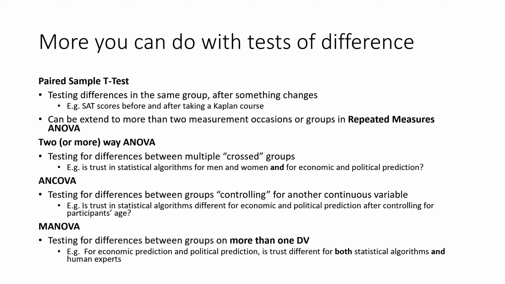ANOVA. Two-way ANOVA is the testing for differences between multiple crossed groups. So, for example, you might say, is trust in statistical algorithms different by gender and by item domain? So these are crossed groups, so men and women might see politics and economics. They're not tied to one another, so this is 2 sets of groups that we're comparing at once. ANCOVA is testing for differences between groups controlling for another continuous variable. So let's say we wanted to control for age, then we could run an ANCOVA. And then MANOVA is a test of differences for more than one